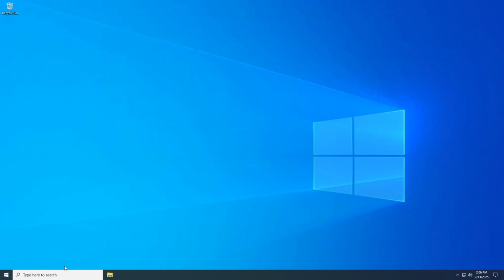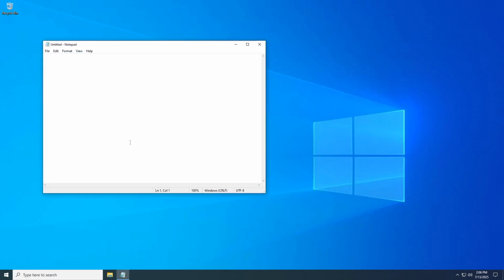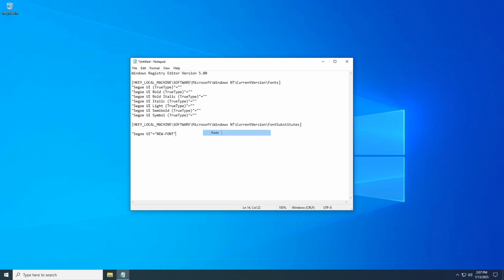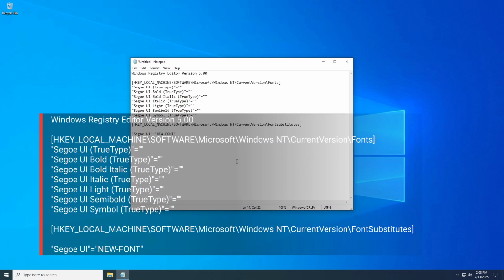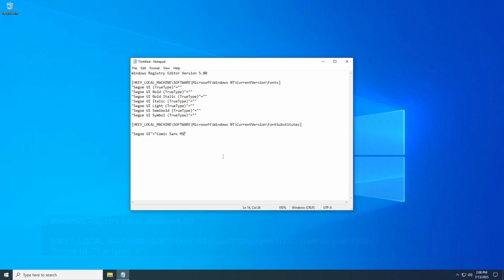Create a registry script. Open Notepad and paste the following code, replacing new font with your chosen font name. Note 1. To ensure more complete font substitution, you can add additional entries to the font section, such as